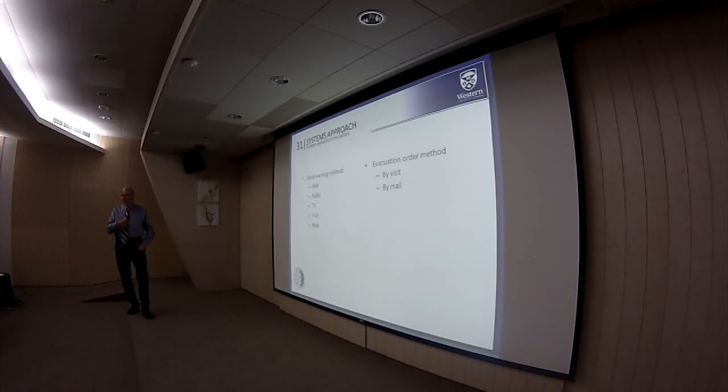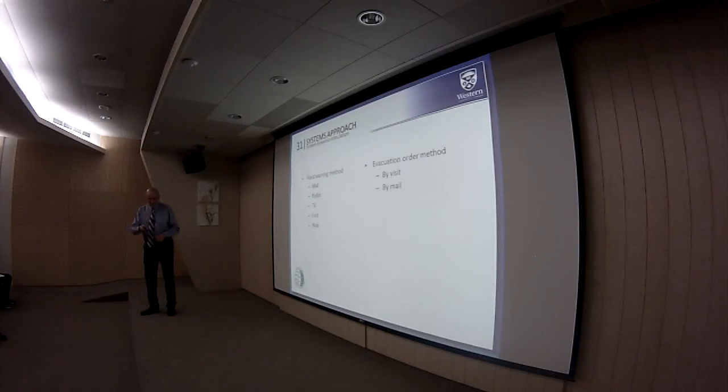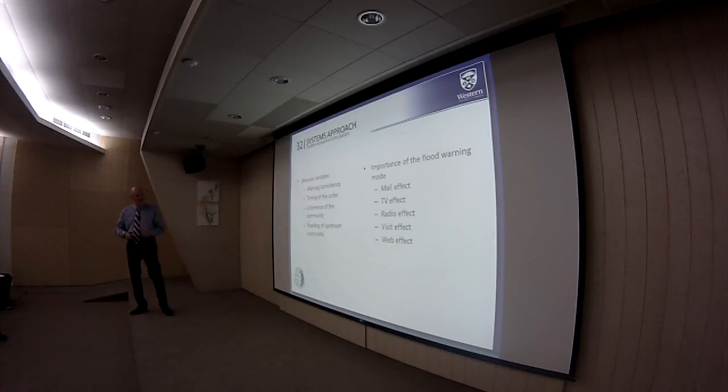So what was the purpose of the model? This was the work conducted for our emergency preparedness services, and mostly for training the emergency personnel on finding the best ways to communicate the flood warning and evacuation orders. And these were the typical options, at least in Canadian setups: use of the mail, radio, web, TV, and so on, use of the mail to provide evacuation orders, or direct visits. Also, we identified some of the key social and behavioral variables that were playing a very important role. And all of this was done for that particular setup, Red River.